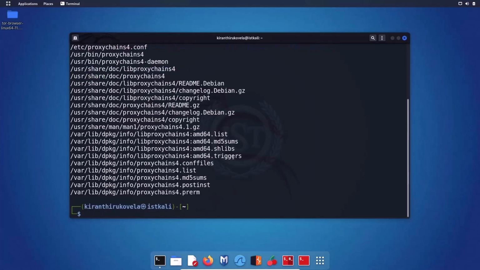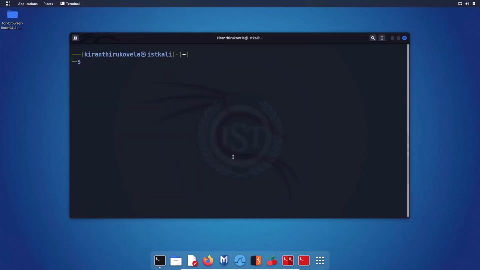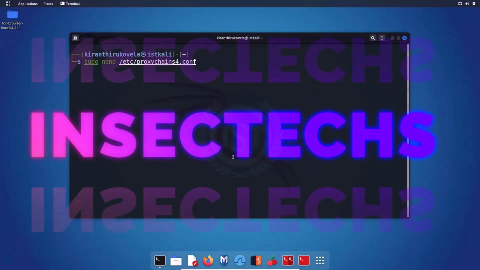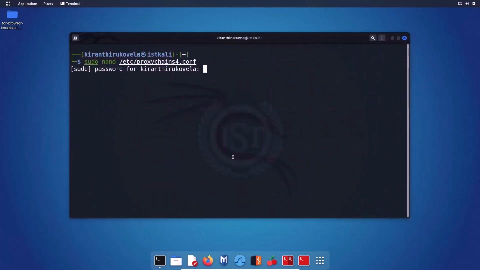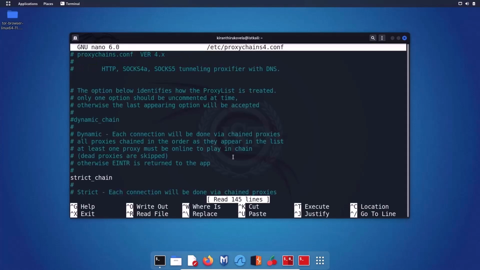So let me open the application in the terminal here itself. Let me clear the screen first, and let me use nano editor in order to open this file. You can use vi editor if you are comfortable with vi editor. Sudo nano etc proxychains, and hit tab on your keyboard for command completion, and let me hit enter. You are asked to type the root password, and the password is greatpass, and hit enter. And as you can see, this is the proxychains.conf file where you have to do some changes, and this application is version 4, and it supports HTTP, SOCKS 5 for tunneling the proxy file with a DNS.